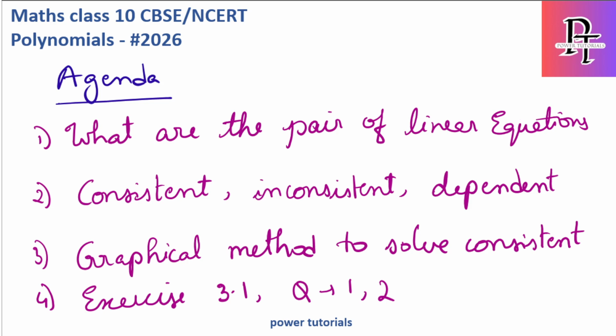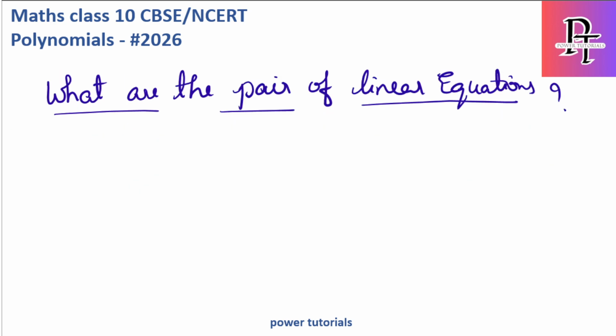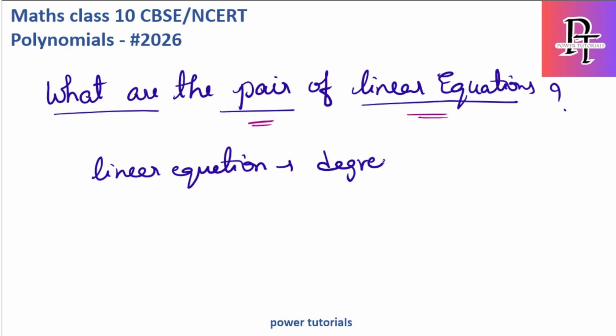Okay, so let's see first what a pair of linear equations is. Let's break it into two parts. We have a pair and we have a linear equation. So what is a linear equation? If you have covered my previous videos in chapter 2, I have explained what a linear equation is. A linear equation is an equation which has degree 1. So it should be something like this: x plus y is equal to 3, or else I can simply say